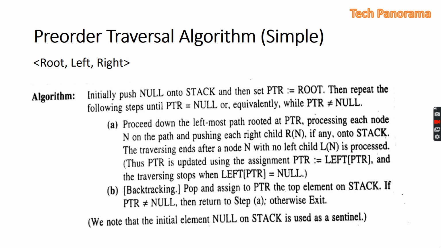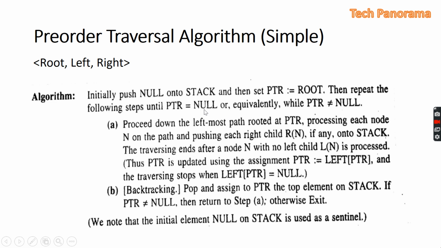This is a simple algorithm through which we can process the pre-order traversal. As we know, the pre-order traversal works in three ways. First we process the root, then we traverse the left tree in the pre-order form, and then we traverse the right tree in the pre-order form. We are using the stack to store the right part of the tree to process it later on. So initially we will push the null to the stack, and we will set ptr equal to root. Ptr is the pointer that is used to traverse each and every node. Initially the ptr will point to the root, then it will move to the left or the right according to the type of the algorithm, and then we will perform these two steps till our ptr is equal to